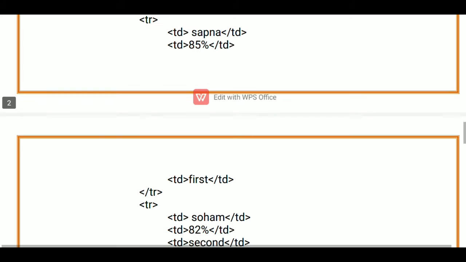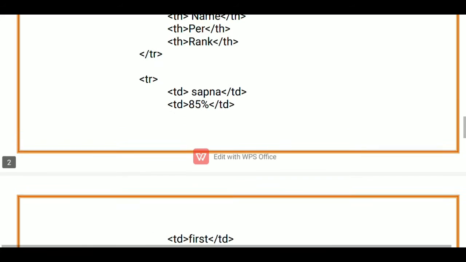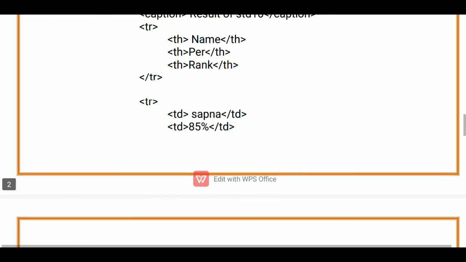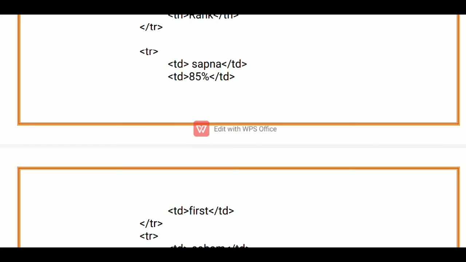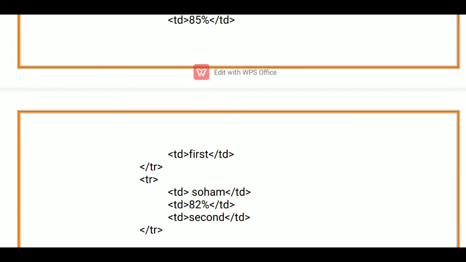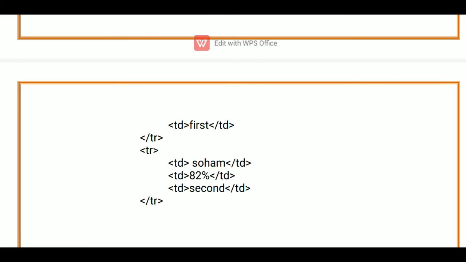So after the creation of this one, you can see the rest of the things are the same. The next 2 data are also the same, just the name is different. So if the first one is created by you, you can use copy paste if you don't want to write this again. So now we will create the third row. Now the third data is Soham, 82% and second.